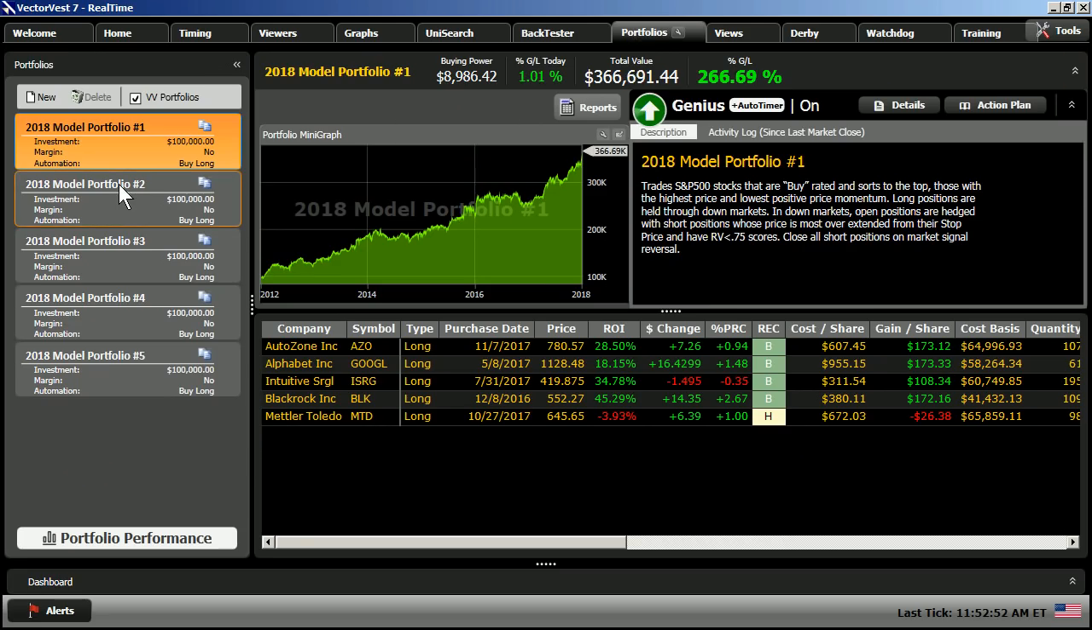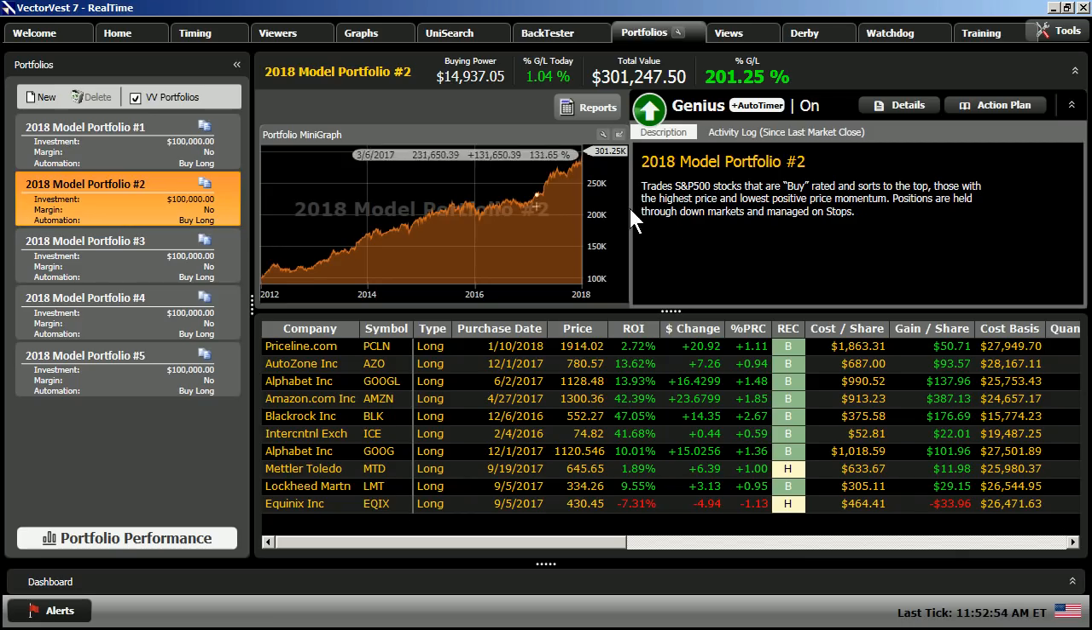Portfolio number 2 trades S&P 500 stocks that are buy rated and sorts to the top those with the highest price and lowest positive price momentum. Positions are held through down markets and managed on stops. So very similar to portfolio number 1, as we go to the details screen, we see we are trading a